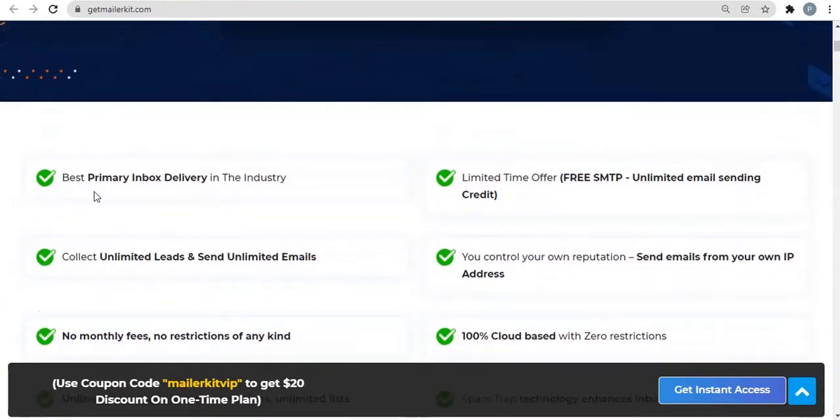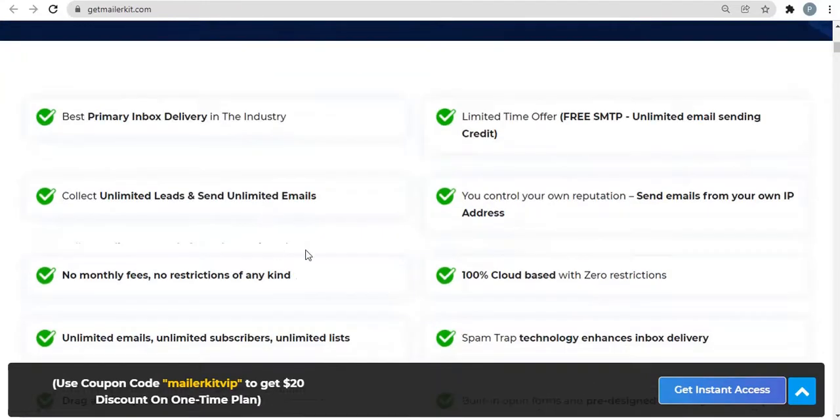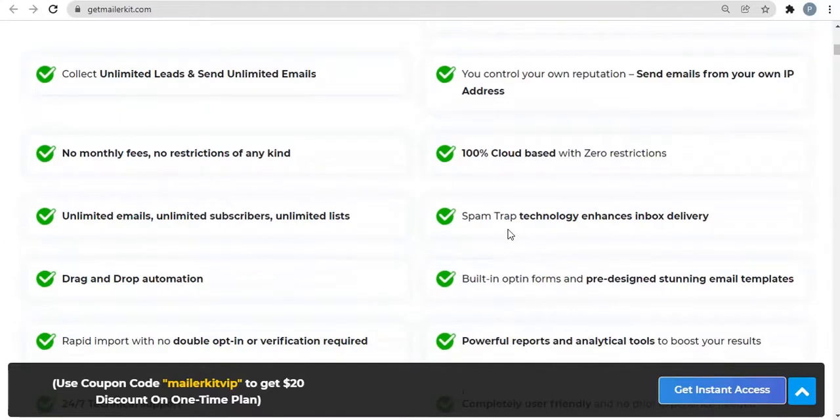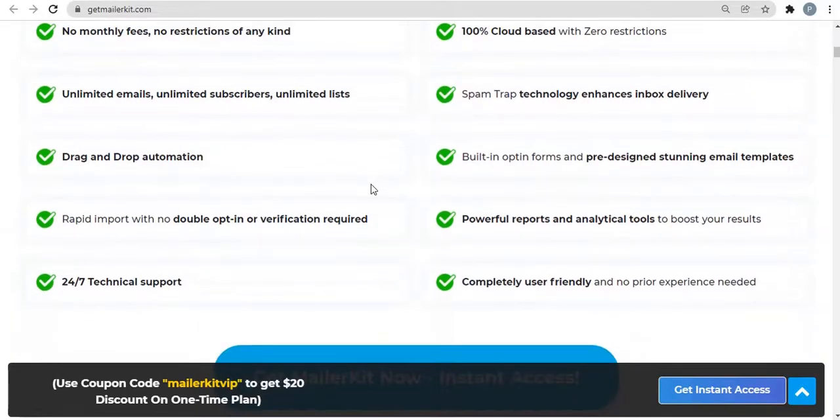So they have the best primary inbox delivery in the industry. Collect unlimited leads and send unlimited emails. Limited time offer. You control your own reputation. So no monthly fees, no restrictions. 100% cloud based with zero restrictions.